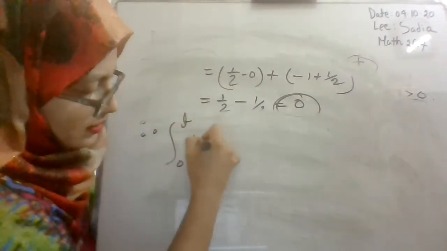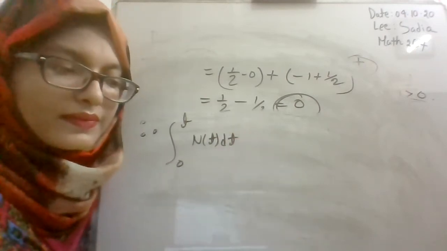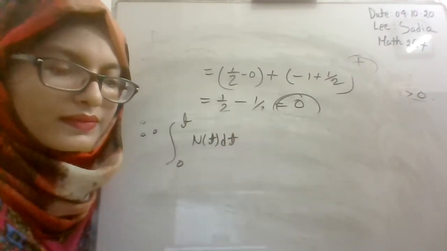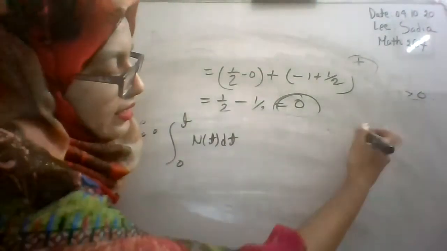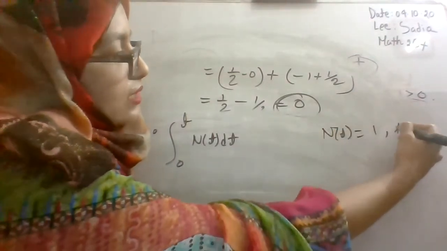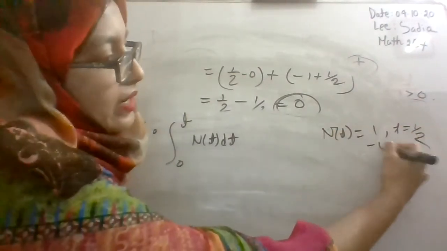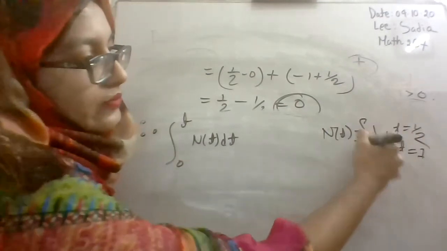Ma'am, yes, the interval values you put in, here for some particular values of t it was said 1, not for any range, ma'am. Okay, here you are considering that n of t is equal to 1 for t is equal to half and minus 1 for t is equal to 1, right? Here yes, 0 otherwise.